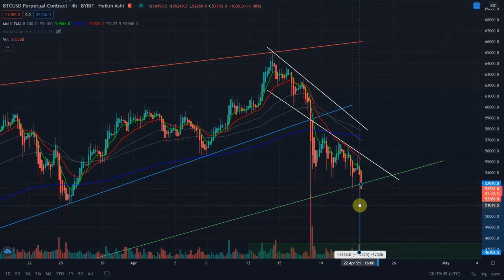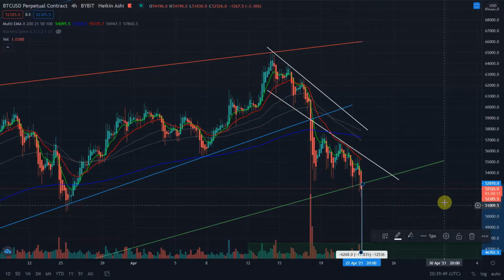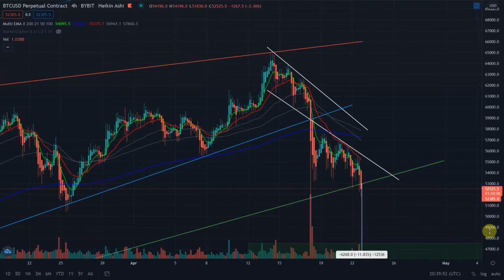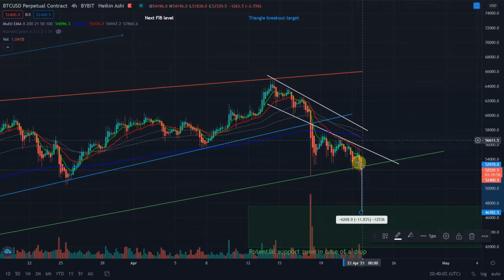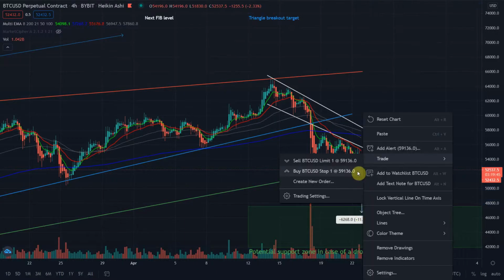So that would put us somewhere there, and that would give us a technical target of about $46,700. If we had broken above, or if we don't close here and still keep going up, you can also draw a technical target in the opposite direction. That would take us to, for calculation's sake, again,